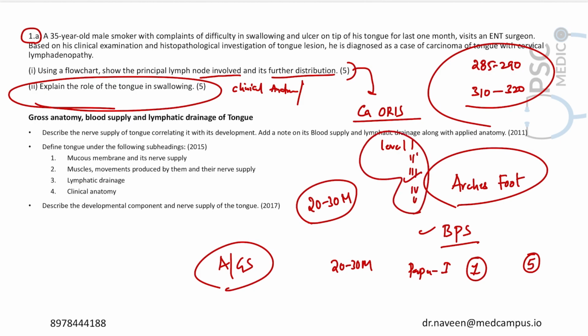If you are a 2022 test series student, in general surgery, I did ask a question on what are the levels of lymph nodes in the neck, and in carcinoma of oris in different areas, what kind of lymph nodes get involved. And actually, we could predict this question, but it should be asked in general surgery, oral cavity tumors, or it can be asked in pathology wherein you have CA oris, histopathology, and risk factors, but